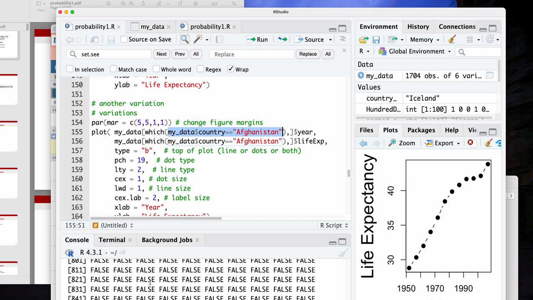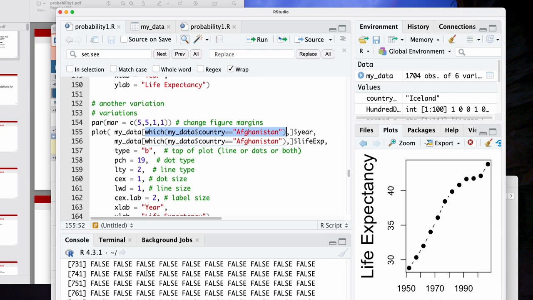One way is through these trues and falses, which selects all of the data set elements where the condition is true. But there's another way to subset data too. That second way uses indices. And indices are important for things we'll talk about later on, like with the bootstrap, which some of you may have heard about. But the basic idea here is that this which command returns the locations of all of